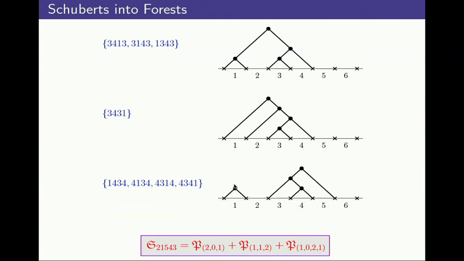Four minutes. Let me just go back to my previous example. Here's 21543. That Schubert polynomial has 14 terms. It's a sum of 3 forest polynomials. I'm indexing using the codes of each forest. This contributes a single monomial. This contributes 3, and this contributes x1 times a fundamental quasisymmetric polynomial in the variables x1, x2, x3. So it's a total of 10 terms, and 10 plus 1 plus 3 is 14. So that Schubert decomposes as such.